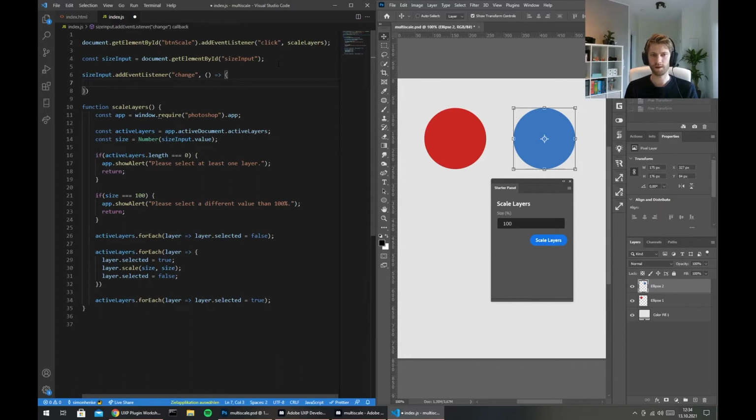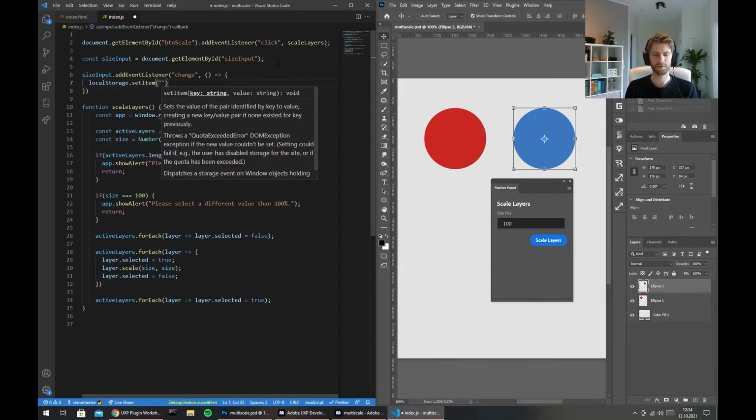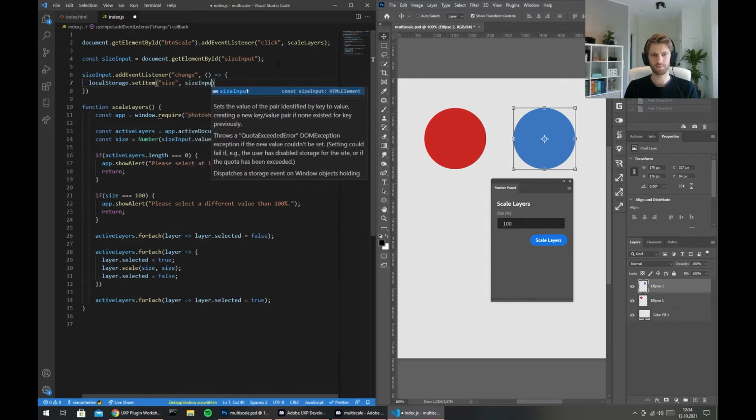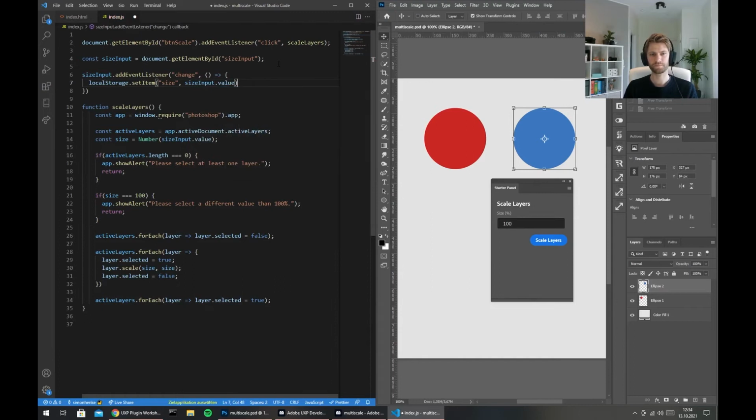now we can write our input value to the local storage by saying localStorage.setItem. This local storage is a storage with some key value pairs, so you can specify a key, for example size, and the next value is what you want to save in there. So we want to save sizeInput.value,